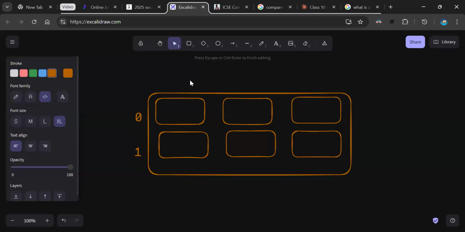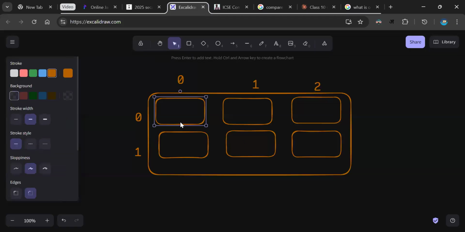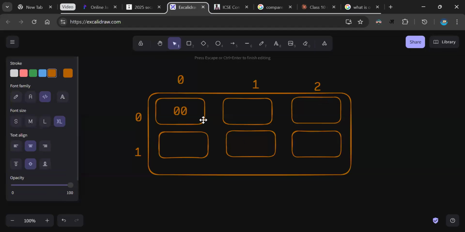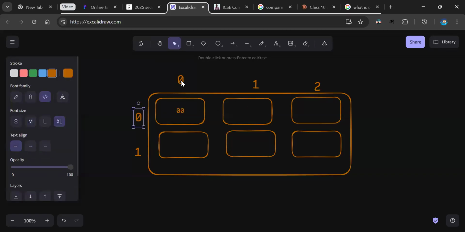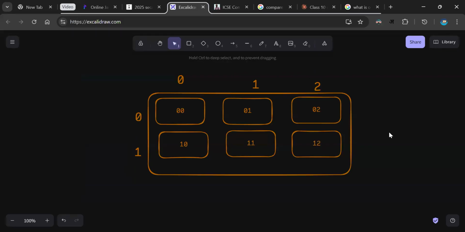So if you don't know, just write like this, and with practice you will remember the numbering. But in the initial days you can just write like this: 0 0 will give us 0 0, 0 1 will give us 0 1, 0 2 will give us 0 2, 1 0 will give us 1 0, 1 1 will give us 1 1, 1 2 will give us 1 2. Okay,